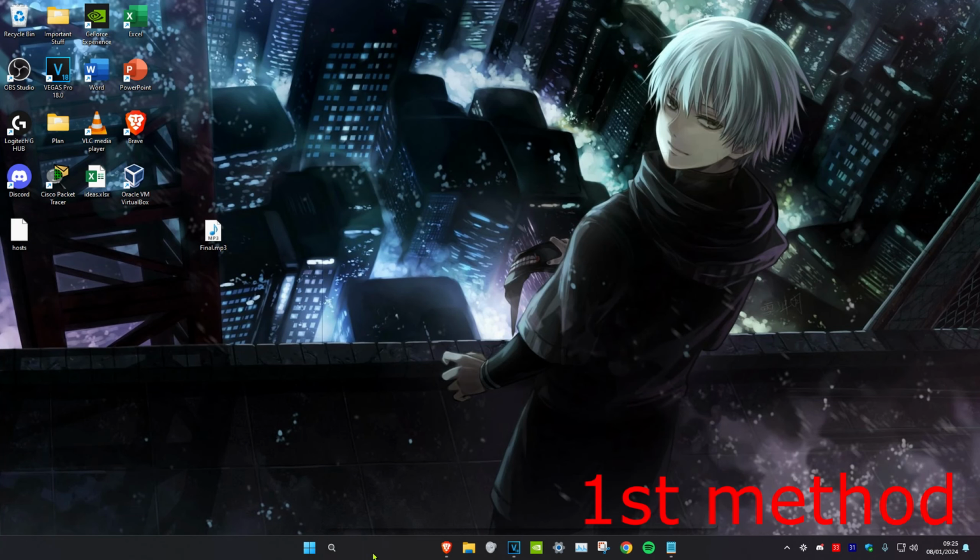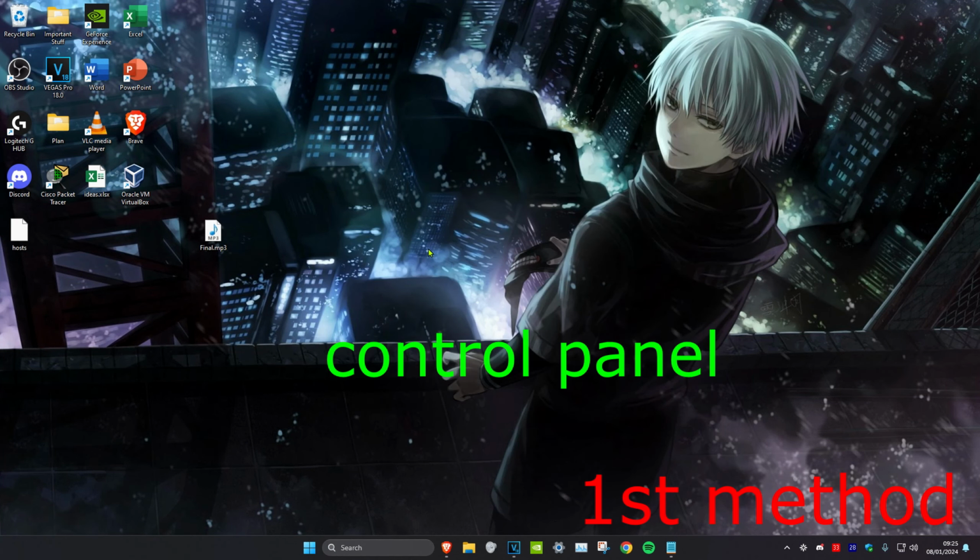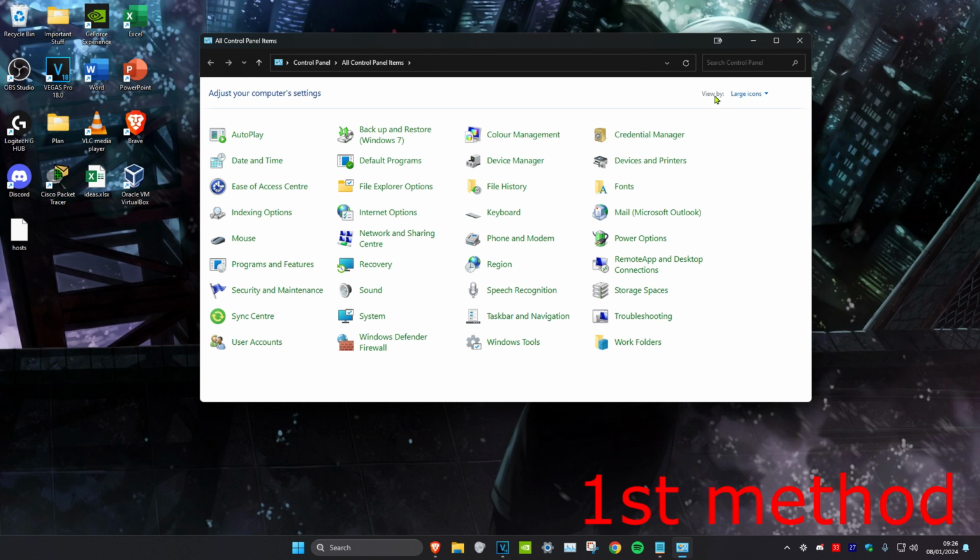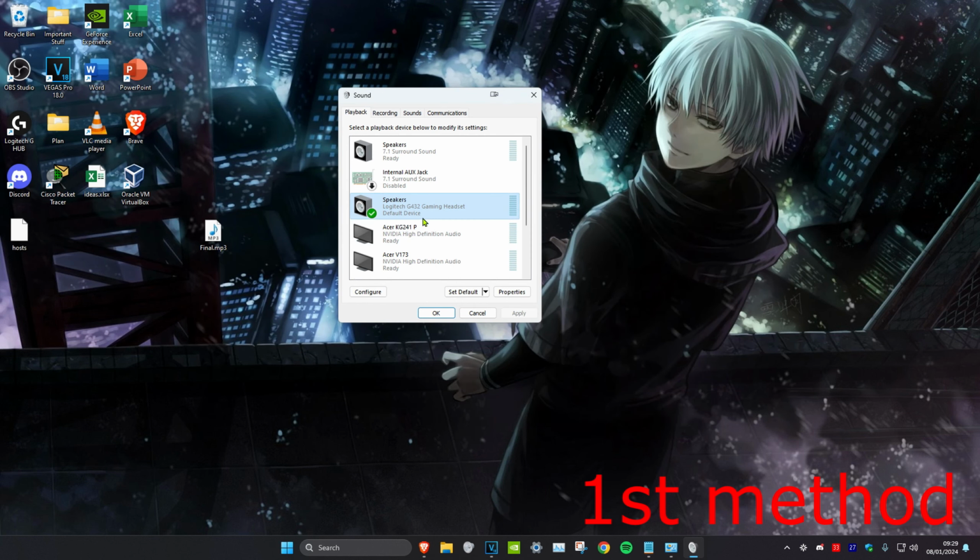Head over to search and type in control panel. Click on it. Once you're on it, where it says view by, you want to make sure that it's on large icons, and then you want to click on sound. Once you're on this, you want to make sure that your speakers that you want to use are set as